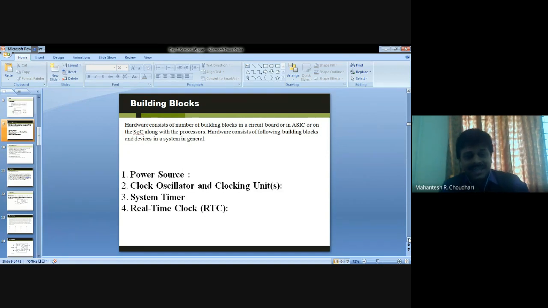Then the next one, the system timer. The timer circuit needs to be suitably configured and functions as a system. We call these the system clock ticks. The system clock ticks generate system interrupts periodically.